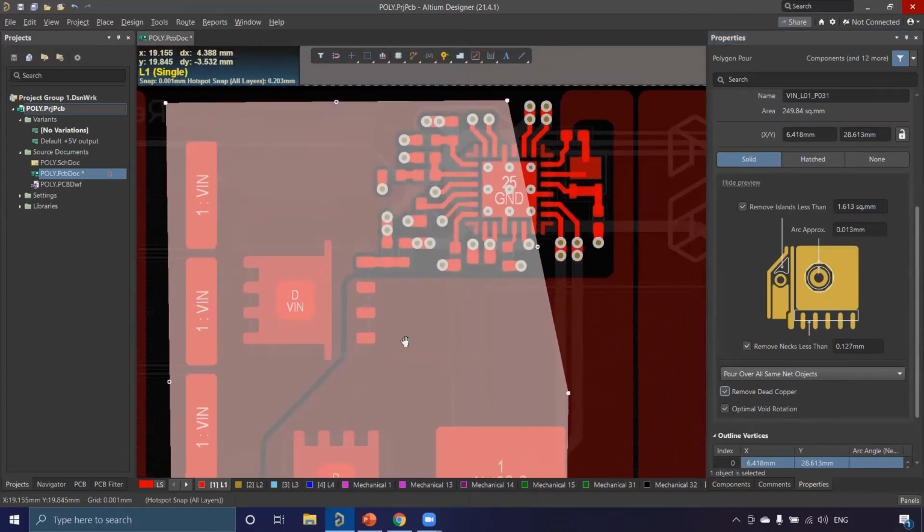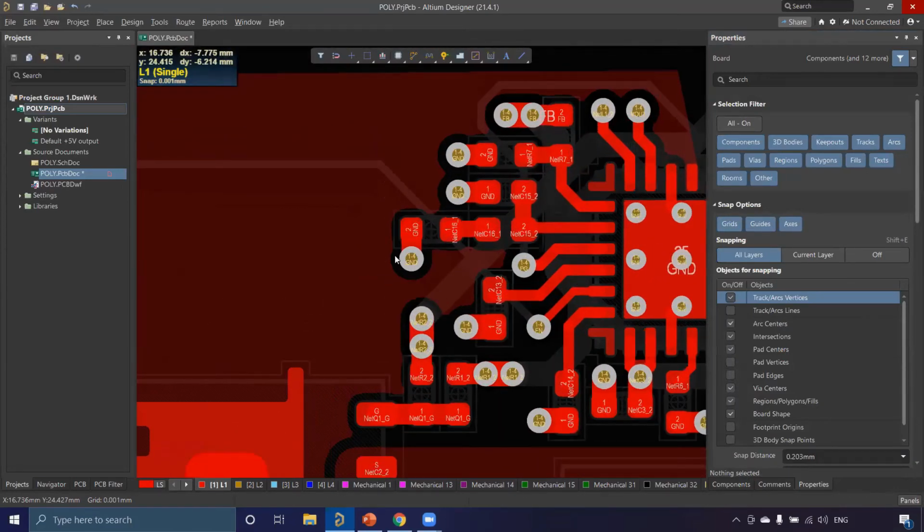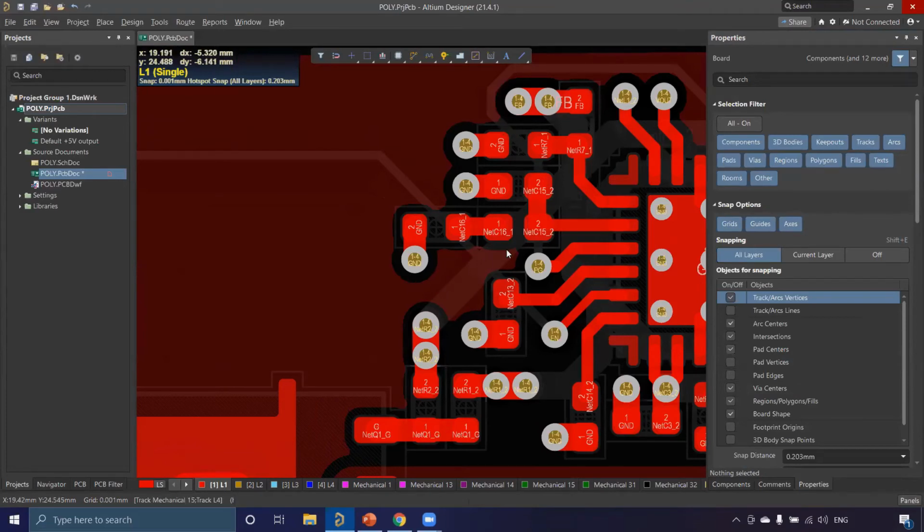Once the dead copper is removed, now I got it clear. But when I zoom here, I could see there is a copper peninsula island. This is called the peninsula island, a small area, but actually the copper is outside, but some copper goes inside, which is unnecessary. I don't want it, so I need to remove this. If I don't remove it, it will affect my signal, in signal integrity cases. How it will affect is it will create some resonating loops. Because of this copper, it will create the resonating loops and cause some problems. So I need to remove this peninsula area.